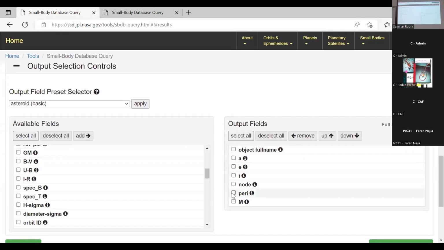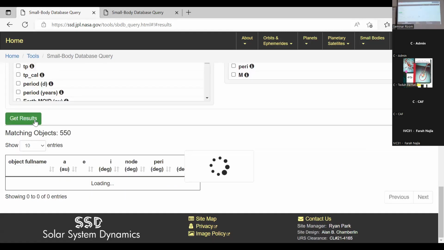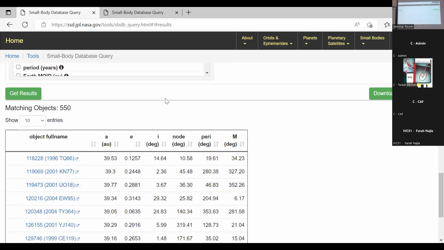Okay, it doesn't change. So we click get result directly after we change the eccentricity. So what do we have? 550. Wow. You can imagine how long the computation time is. It depends on the processor you use. Too many.